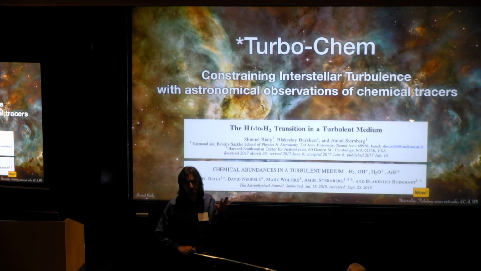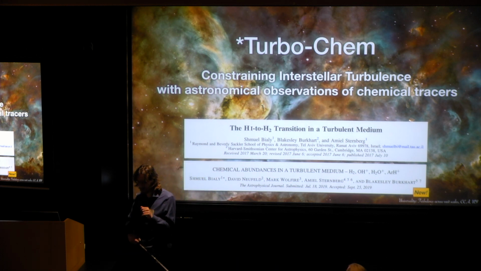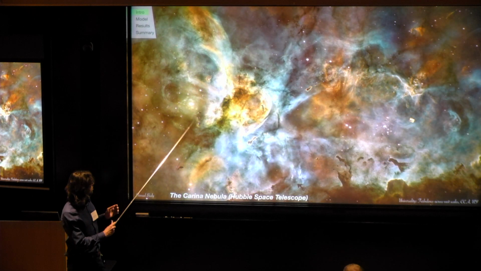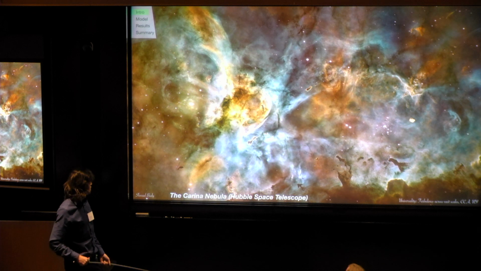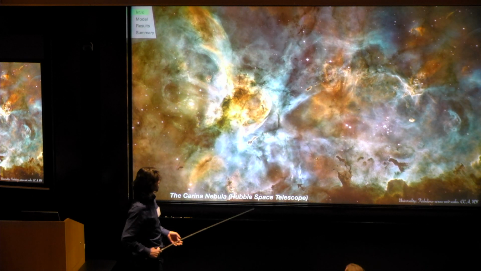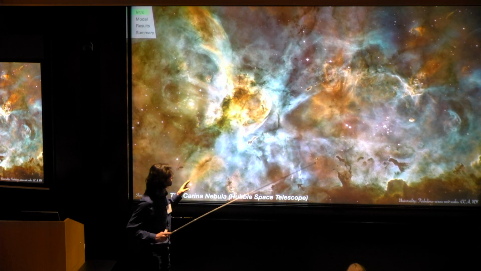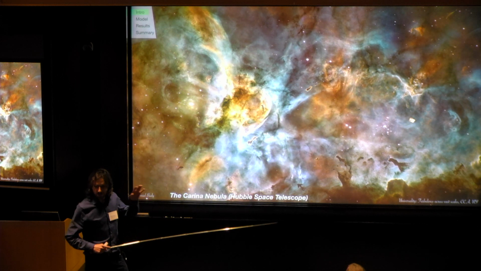So this here, the interstellar medium, the ISM, is the background image. That's an example of a piece of the interstellar medium of our galaxy. That's the Carina Nebula. And I think it's really nice to stare at it, but I'll continue to talk